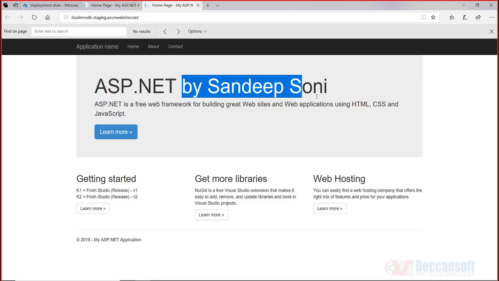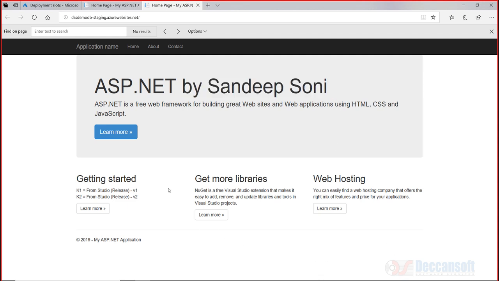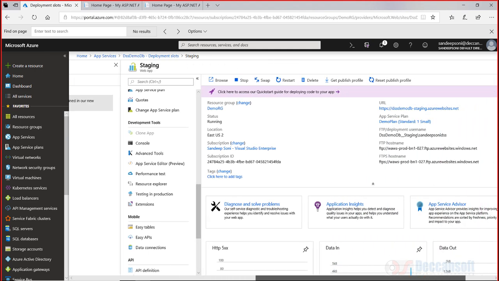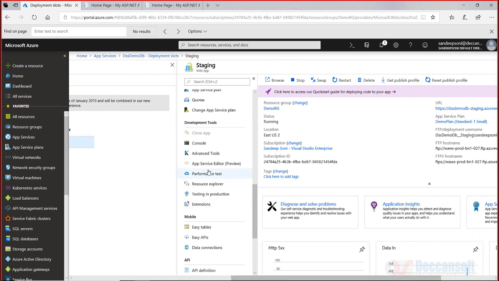And here we have this. So now you test your staging completely. After the staging has been tested thoroughly, you now have the choice of moving the staging into production by just one click. So come to the slot and you have the option here,